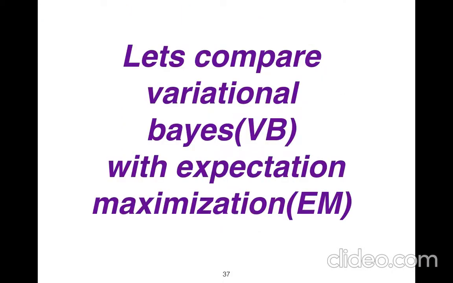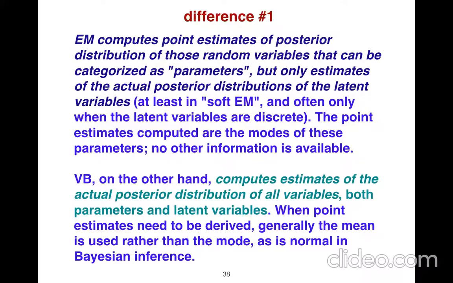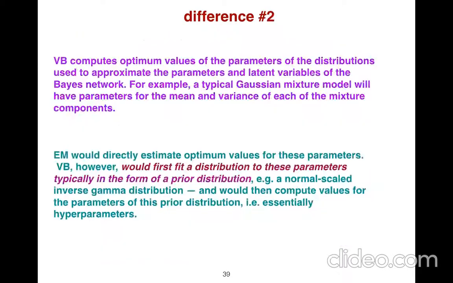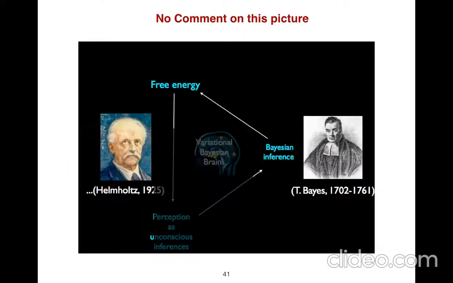And then we compare Bayes with expectation maximization. There are multiple differences, and